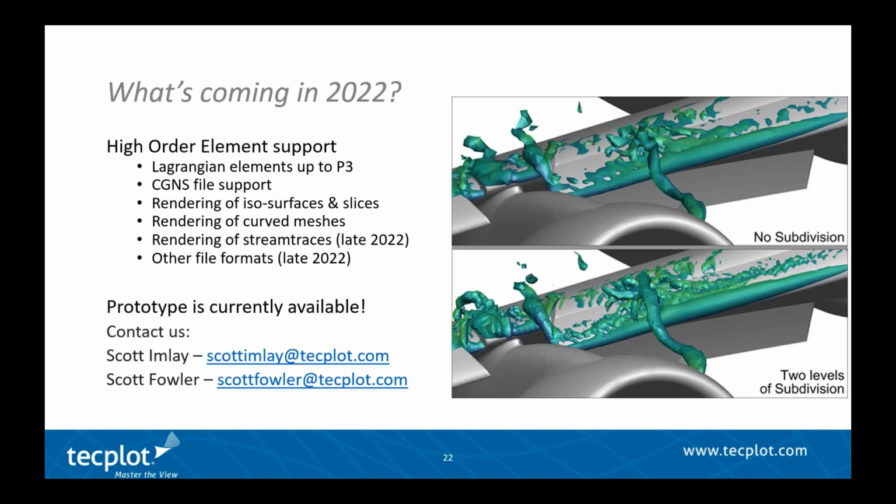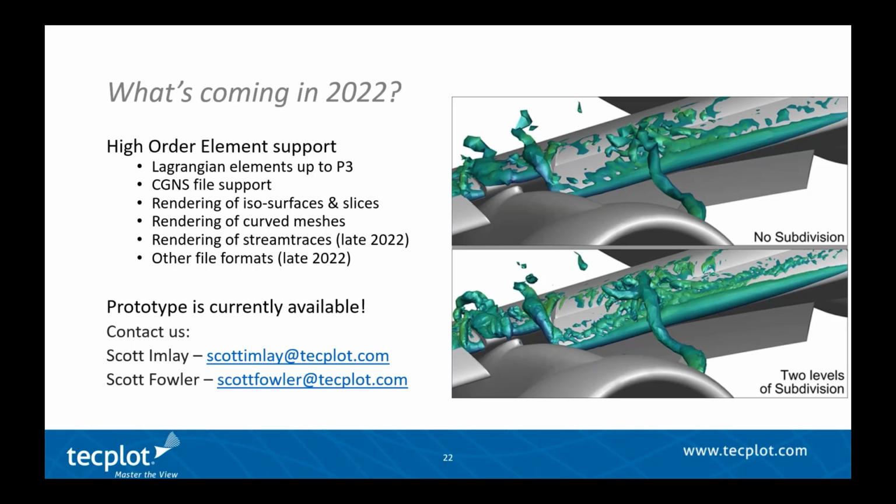So you can see in this plot here on the right the difference between the treatment of higher order elements just as linear elements versus the treatment of higher order elements after 2 levels of subdivision. And beyond, for this data set, beyond 2 levels of subdivision, you don't get a whole lot of additional accuracy, but you can really see the difference in the shape of the isosurface,